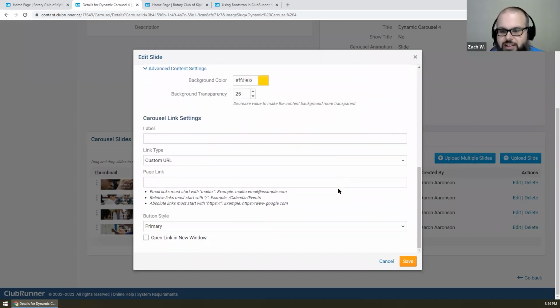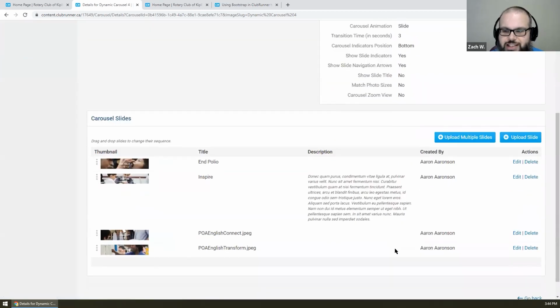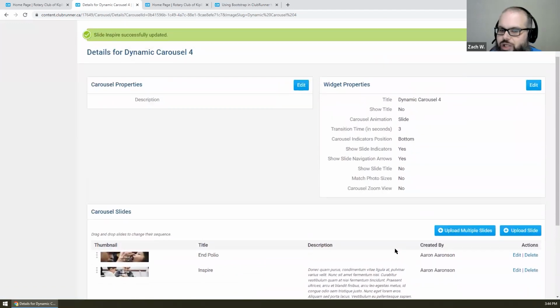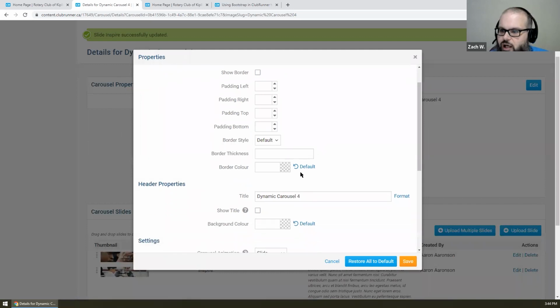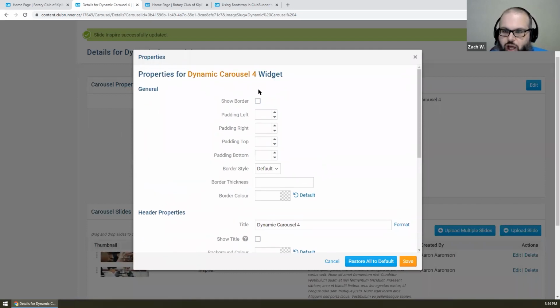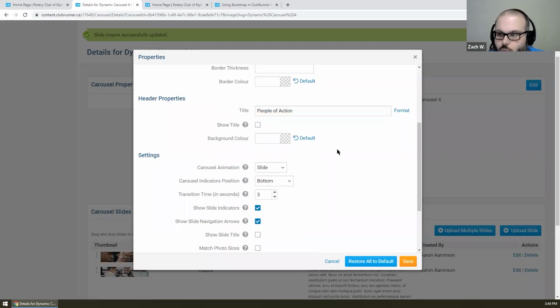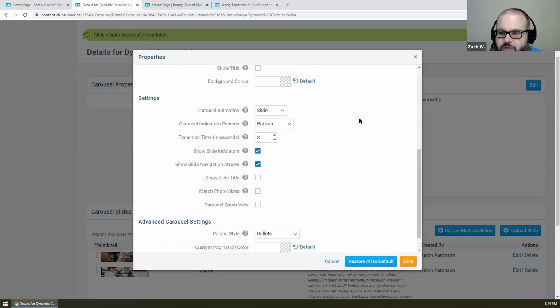We will skip the carousel link in this case. And for our other two, I think we're just going to leave them as is. So let's take a look at our widget's properties. We're going to go ahead and hit edit here, and we'll come in. We have all of our general options that we've seen before, showing the border, padding, options, thickness. We are going to call this our people of action carousel. I am going to leave the title off because I don't want the title on. I really want this to be about the carousel, but let's take a look at some of our slide options,